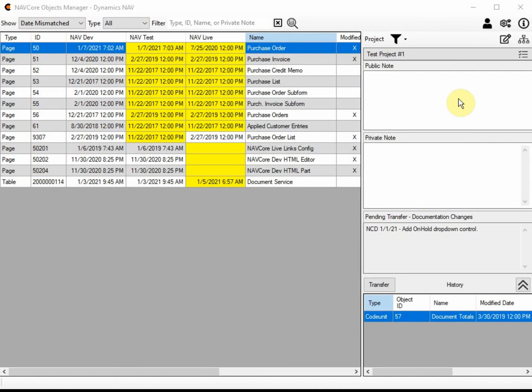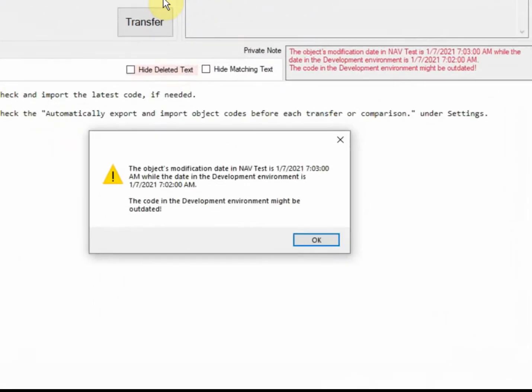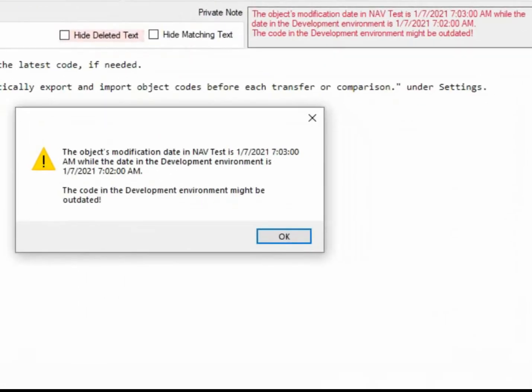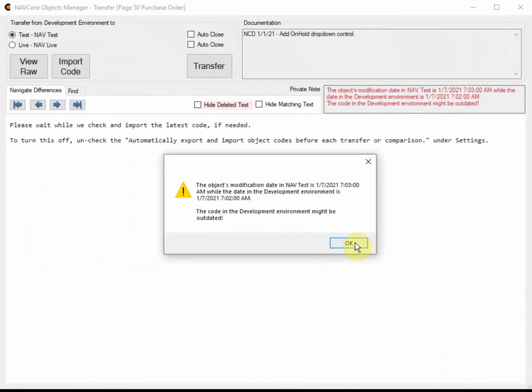Now we will need to do our first transfer. You can either select an object and click on the transfer button, or just double click the object. For this object, I intentionally made the test environment's code newer than the development's so that you can see what will happen.